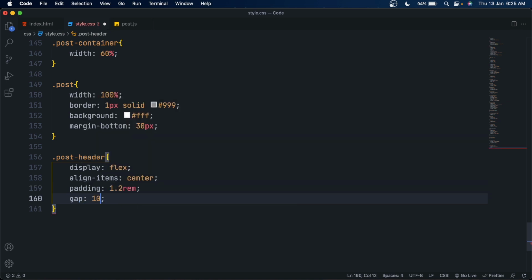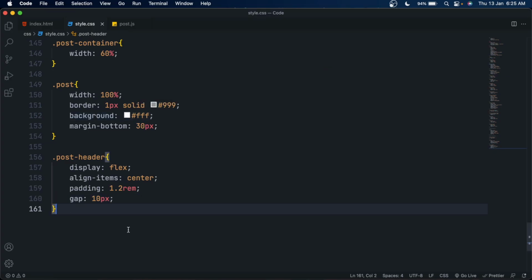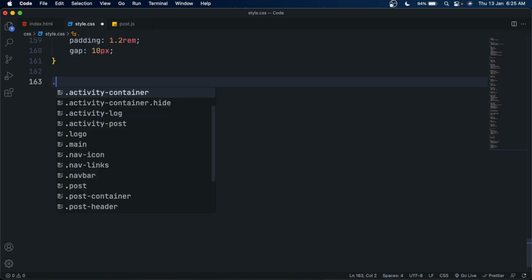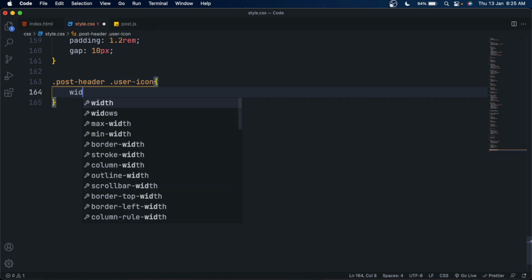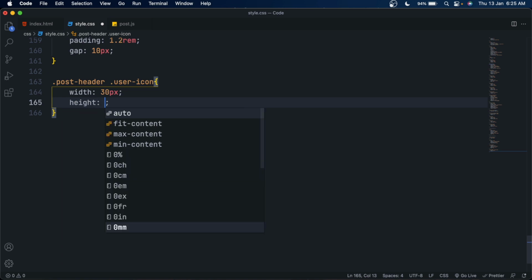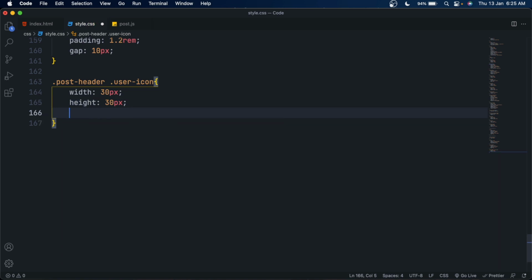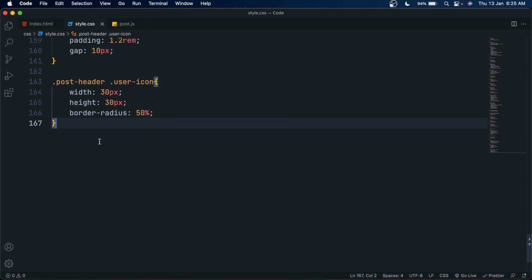Give it some padding, let's say 1.2 rem, and use the gap property to make a gap between them. Great. Now select the user icon and set its width to 30 pixels and height to 30 pixels. Also give it a border radius of 50% to make it a perfect circle. And yeah, now it's great.